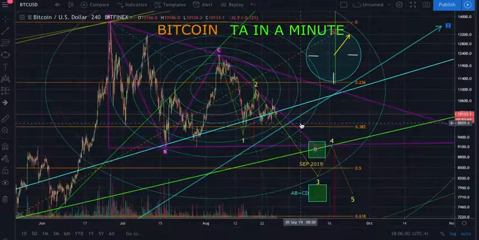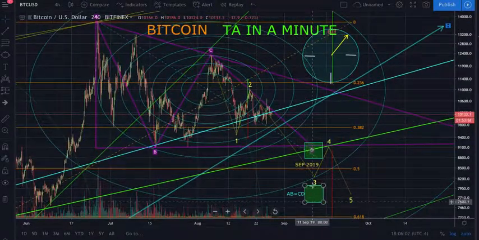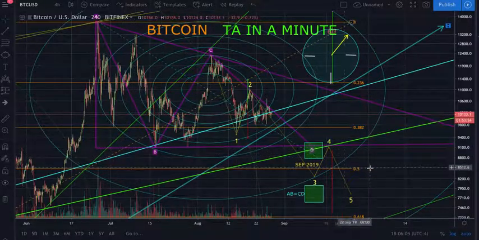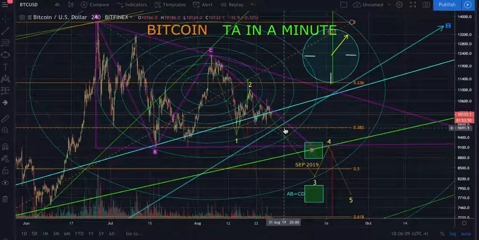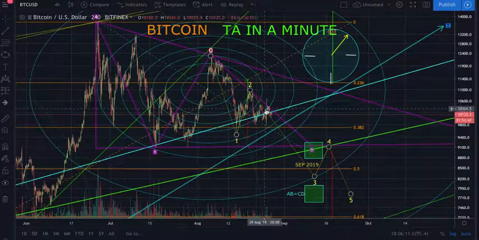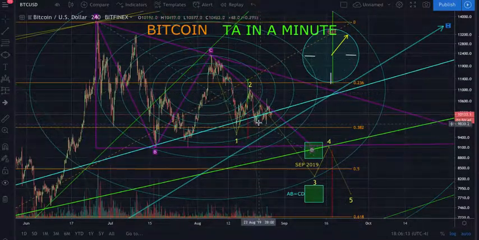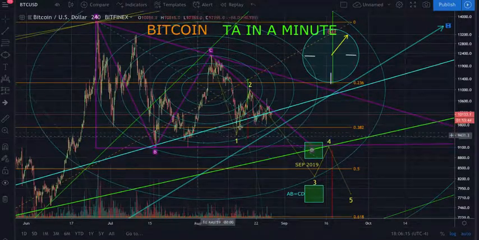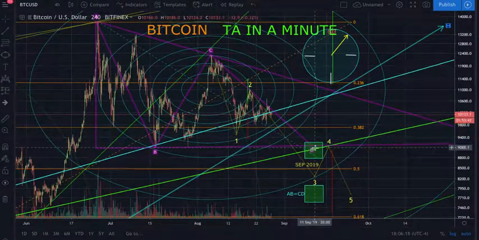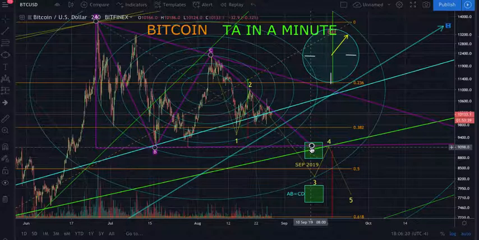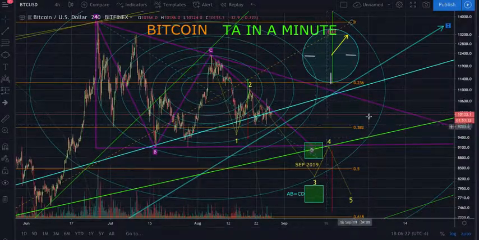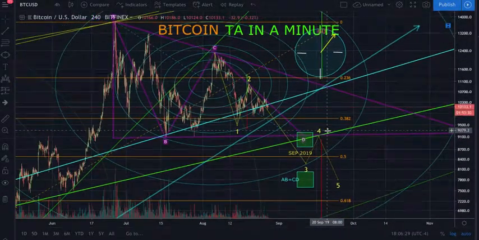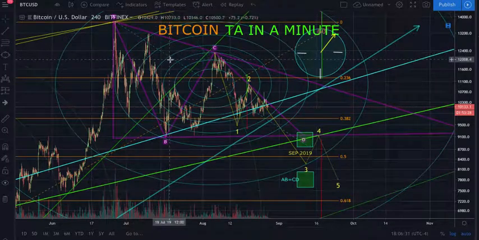Now we're going to talk about a couple other things. And if that situation were to play out, okay, right now I have this descending triangle drawn out, and I think a lot of times what happens is you'll form out a pattern and then it will break, and then you'll form out another pattern off of that. So essentially what could happen here is we could break down here, put in another equal low, and that would give us the descending triangle. We'll most likely get the bounce here, and then we'll come up to, you know, one of these key points over here. But now we're going to go into how I got this with the fib circle.